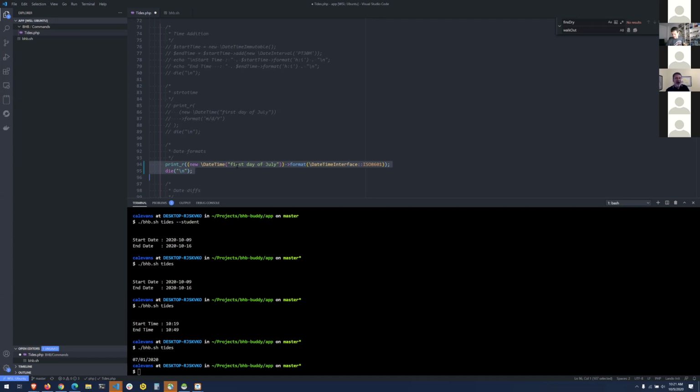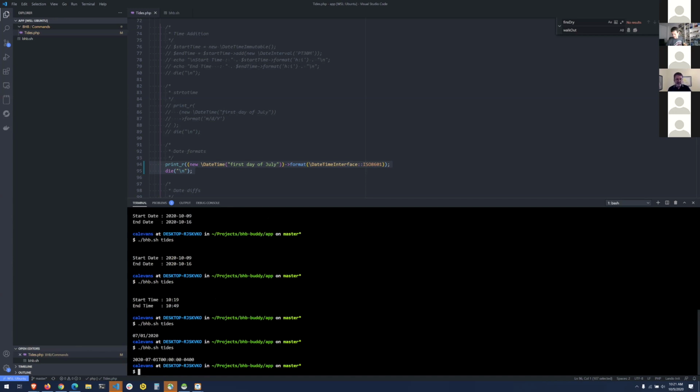There we go. I'm going to show the ISO 8601 format, and that's a worldwide standard for date format. So if you're storing things in databases or stuff like that, this is a great format to be using. Boom. Now we can see here that I've got my date, I've got my time,